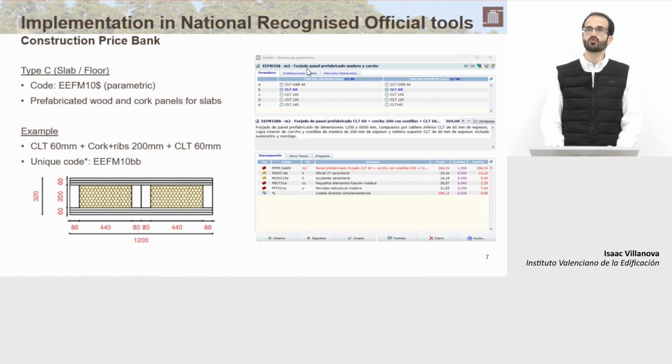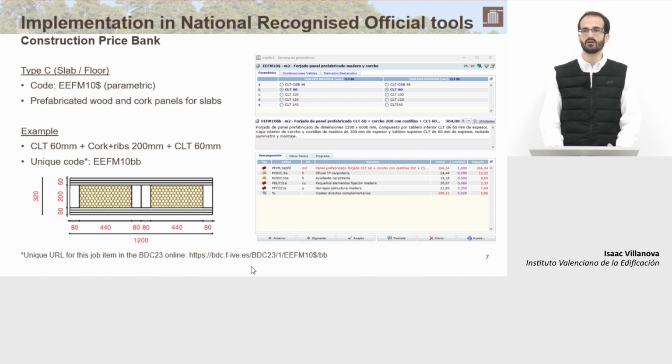Thus, we choose in the parametric variables the following selection: the CLT of 60 millimeters in the first parametric column, and the CLT of millimeters in the second parametric column. And then once all the parametric options are selected, all the information is provided for that job item. And also all the combinations and all the job items from this parametric job item will have their own link